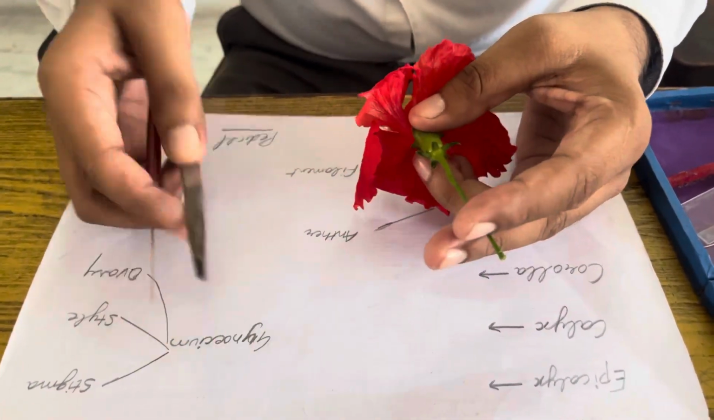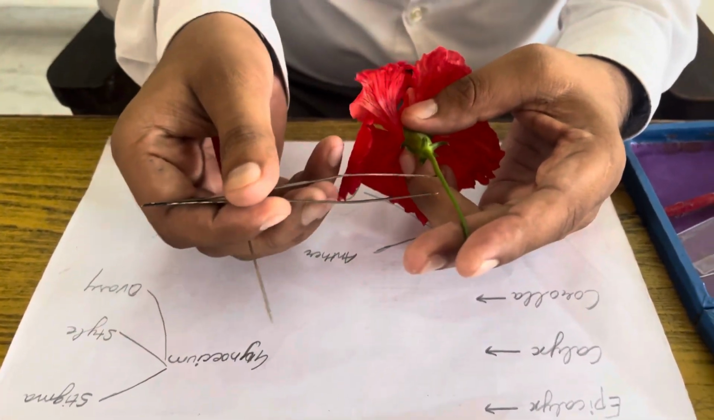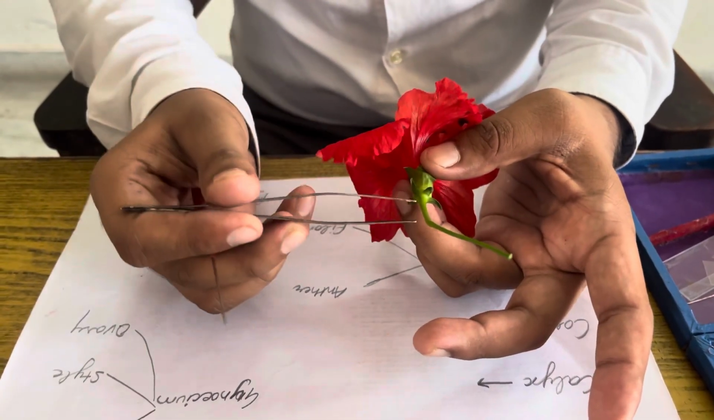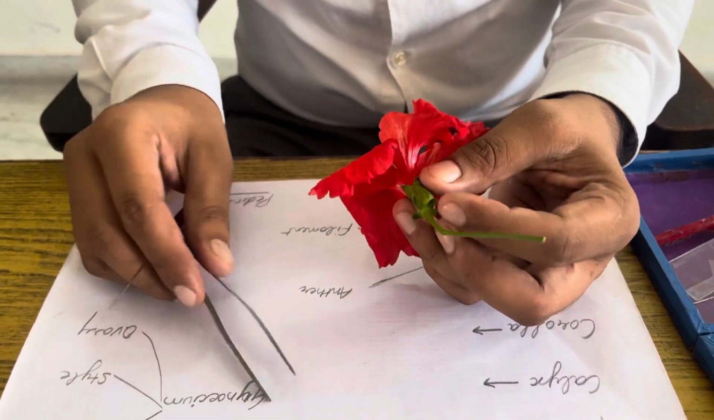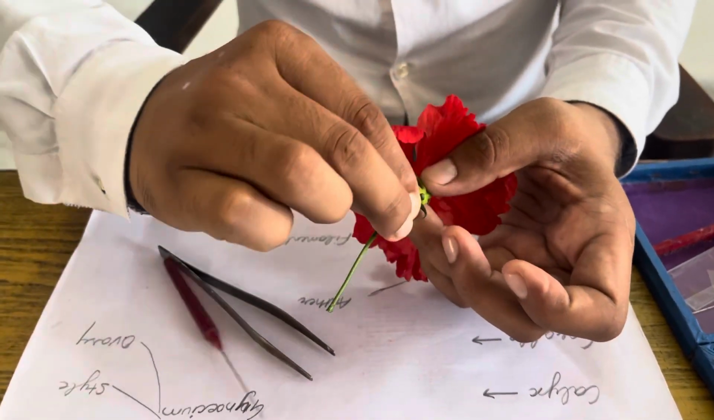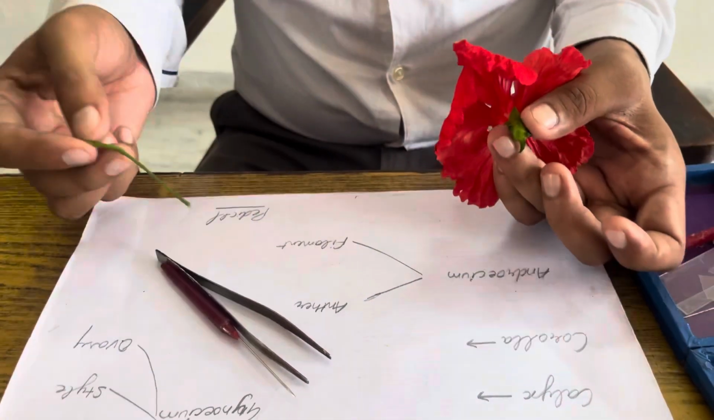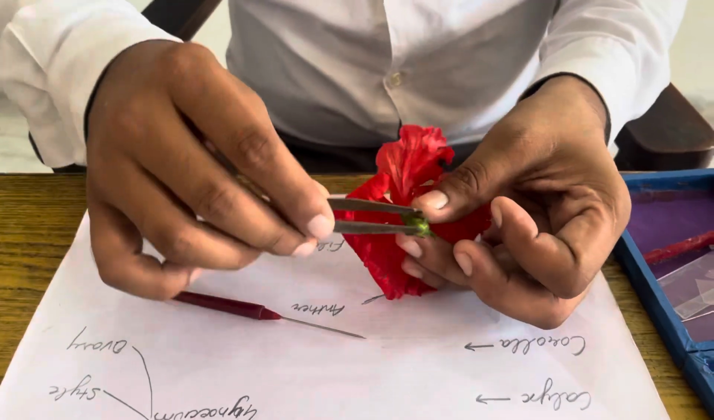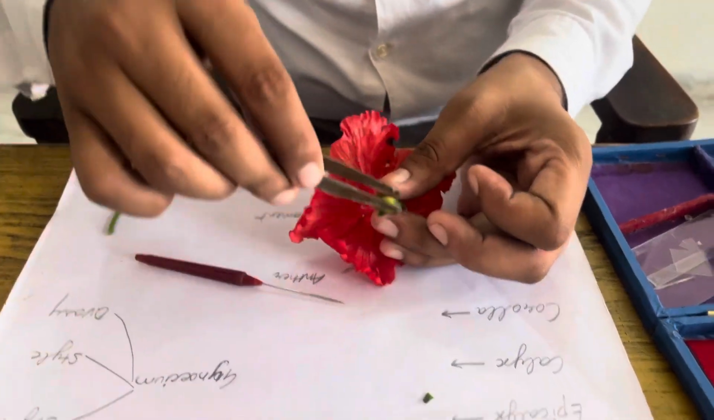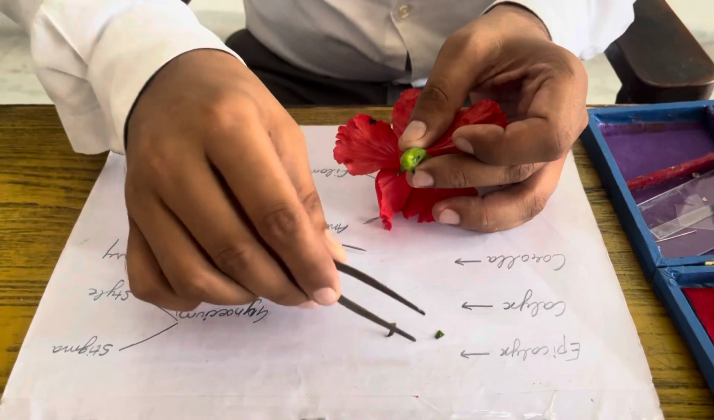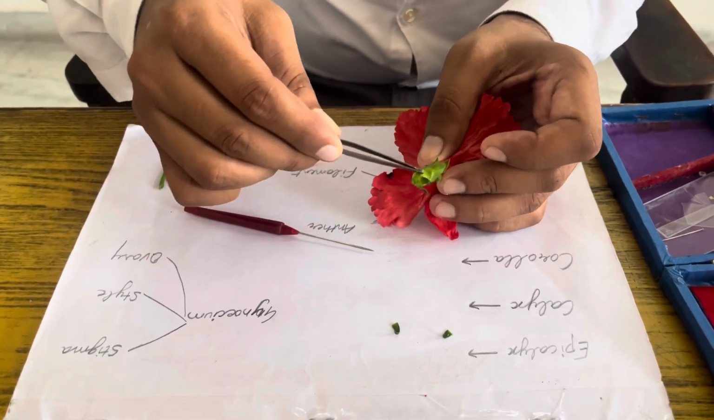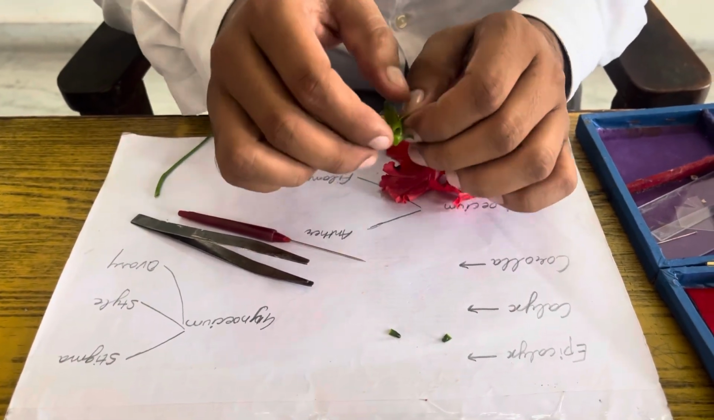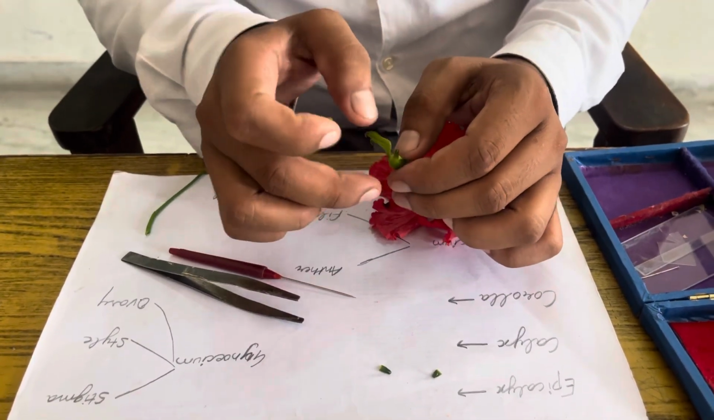First of all, this is the pedicel. This part is considered the pedicel, which connects the flower to the stem. Now the second part is the epicalyx. These small structures we have found are the epicalyx, and this large green structure that is present